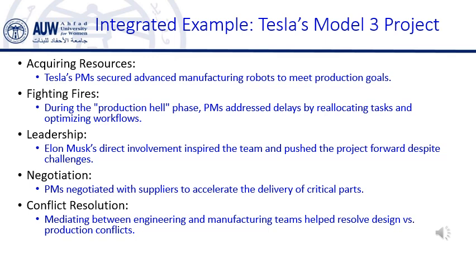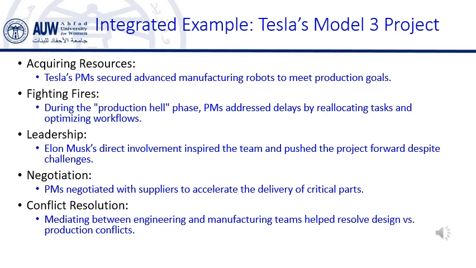Production delays. The ambitious plan for automating the production line didn't go as smoothly as expected. Tesla faced significant production delays because some of the robots couldn't handle the complexity of assembling the Model 3. Supply chain issues. Tesla also faced issues with its supply chain. For example, delays in getting essential components, like batteries and parts for the car's interior, caused production delays.